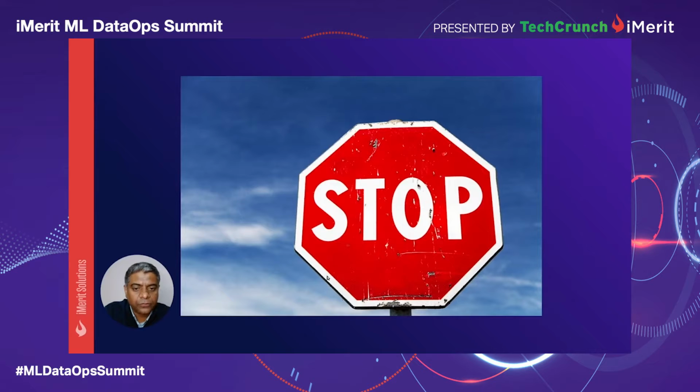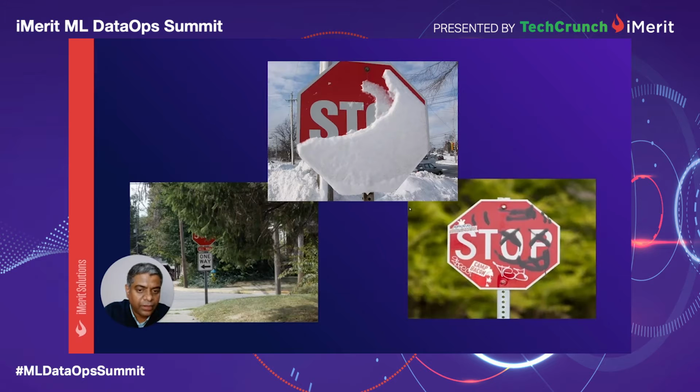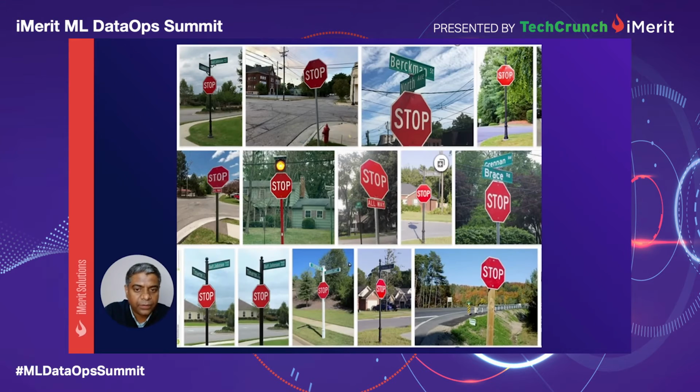Edge cases happen to be all around us. Let me quickly show you a couple of real-world examples. This is an example of an autonomous vehicle use case. Here, the AI system is being trained to recognize and process stop signs. While it is trained on real-world images, once it is deployed, it comes across stop signs that may be covered with snow or with graffiti or may be blocked by trees and branches. This is just one example of the numerous permutations and combinations that are possible as AI systems are being deployed